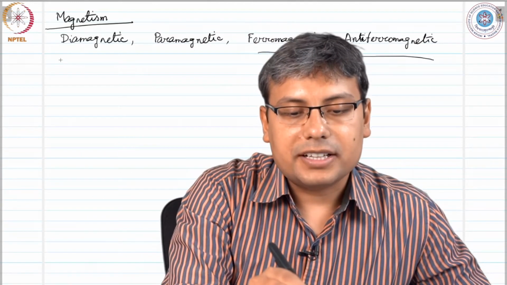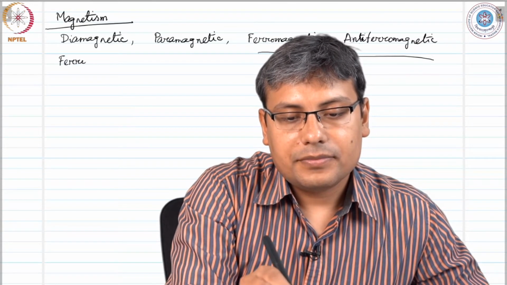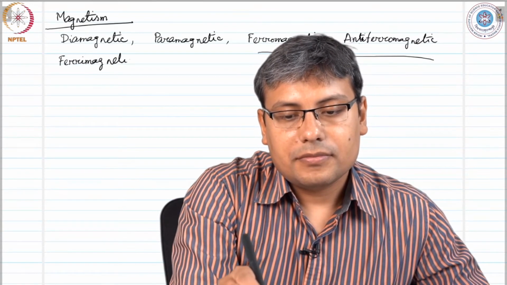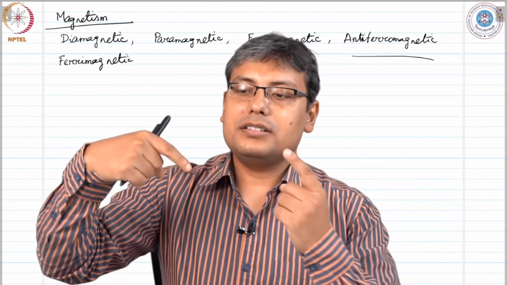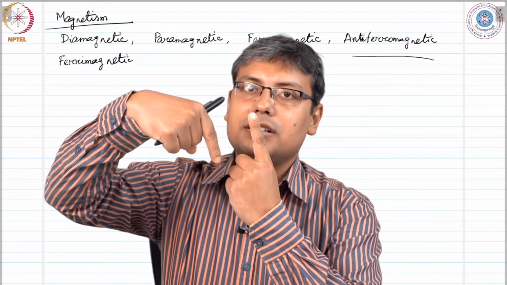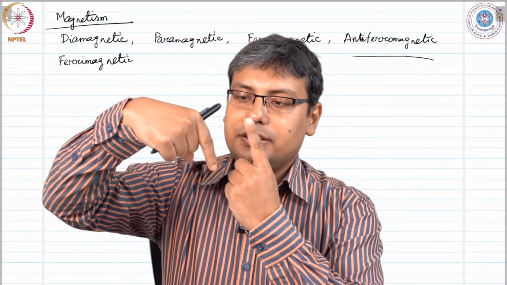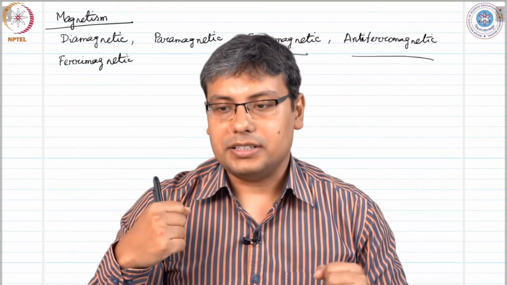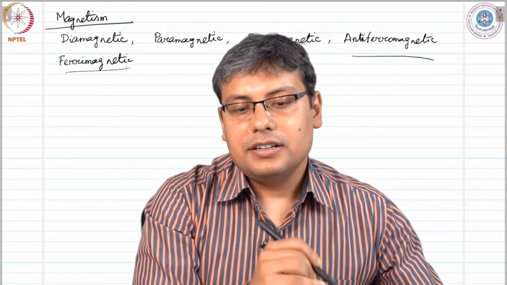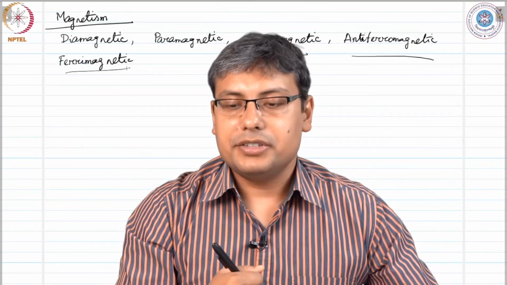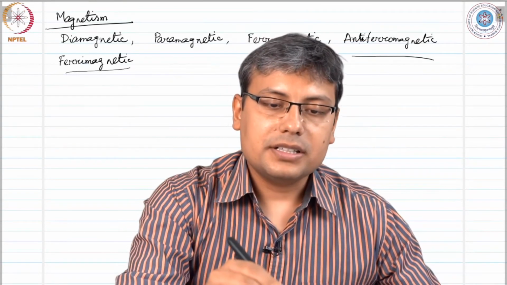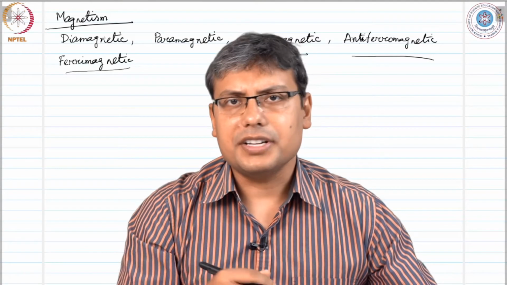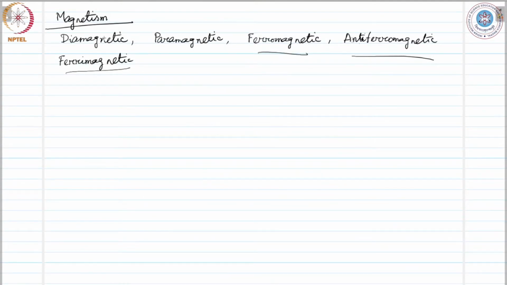There are also ferrimagnets. Ferrimagnetic materials are just like antiferromagnetic materials, where the spins are oppositely aligned, but not all spins are of equal length. That's a ferrimagnet. It's also a long range order and survives up to a maximum limit. Diamagnetic and paramagnetic materials, these properties survive up to very high temperature. So let's start our understanding with diamagnetism and paramagnetism.